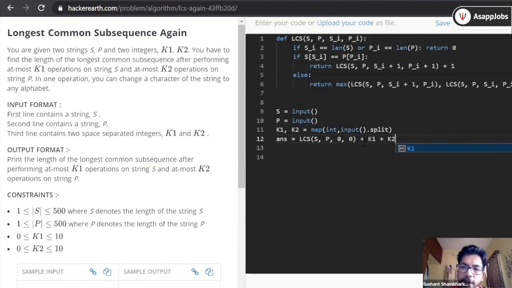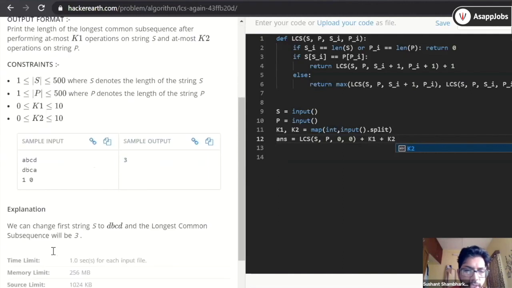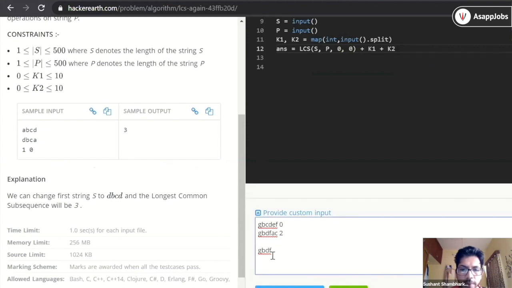Now what a problem can be here is, there could be two strings. There could be, say, A, B, C, D, and there could be another string A, B, C, D. So here the LCS will be 4. You can't increase the LCS from that because the length of the string is itself 4, and you are still allowed to do operations, like two operations here and two operations here, but you can't increase the LCS here because the longest length here is 4.